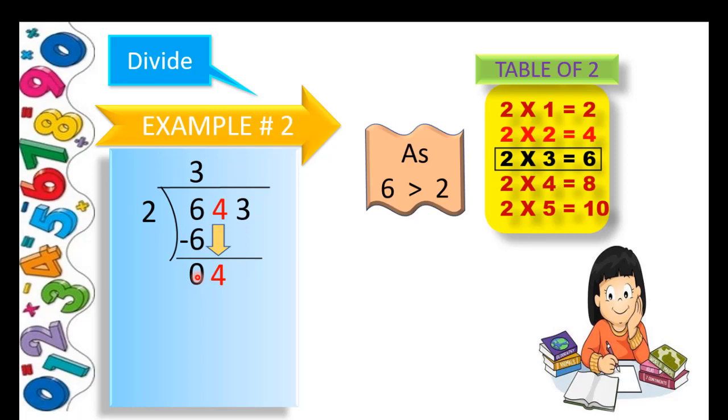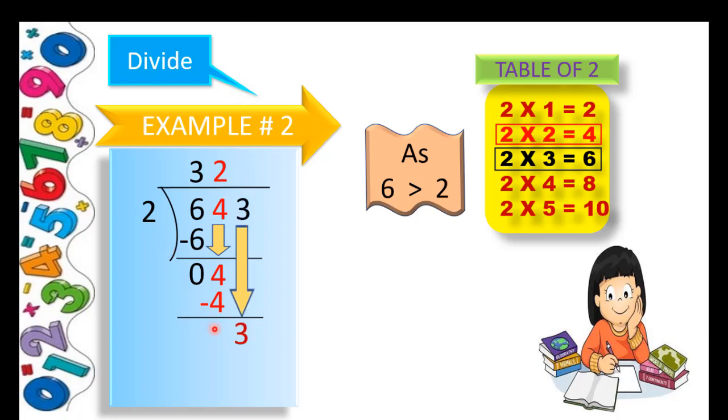and then you can see here 4 is greater than 2. As 4 is greater than 2, so it means that 2 can divide 4, and we will use the table of 2, and then we will get 2 multiply 2 is equal to 4, and then we will write 2 above 4 in tens column, and then write product 4 under 4 in tens column, and then you will subtract 4 minus 4 is equal to 0 which is less than 2, so we will bring